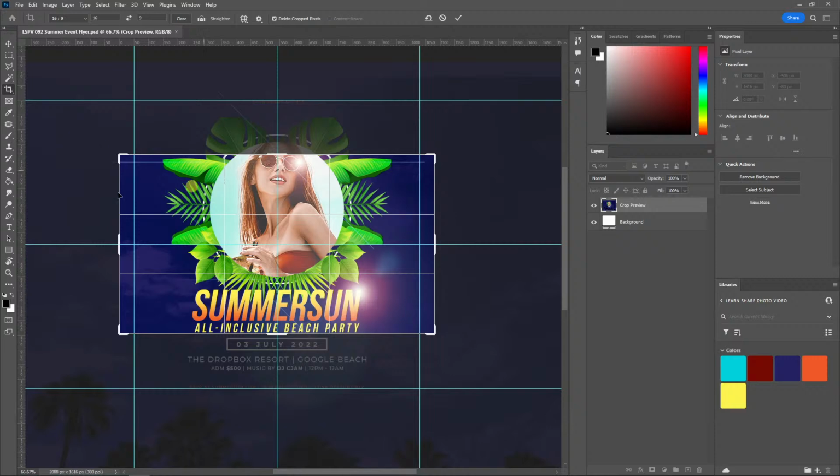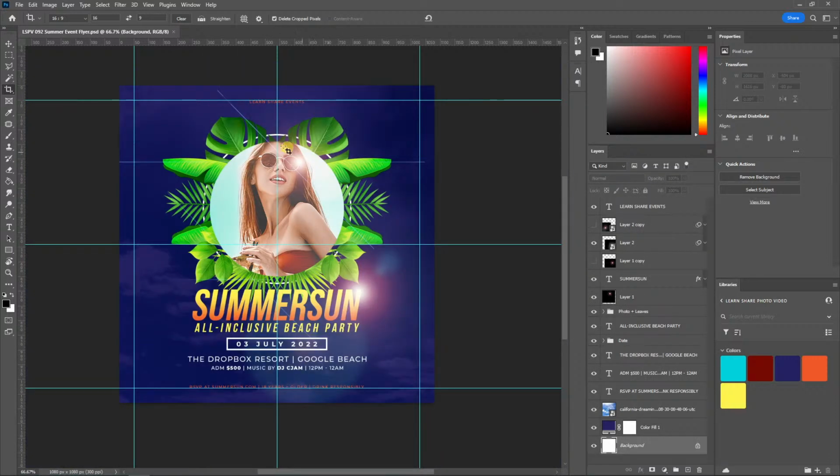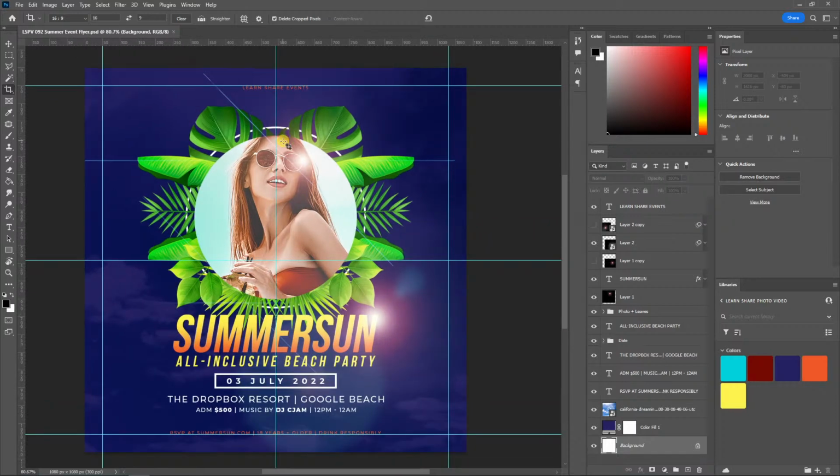It's crushing all of this. But I want to make it 16 by 9 from the original width and height. So what I'm going to do is I'm just going to